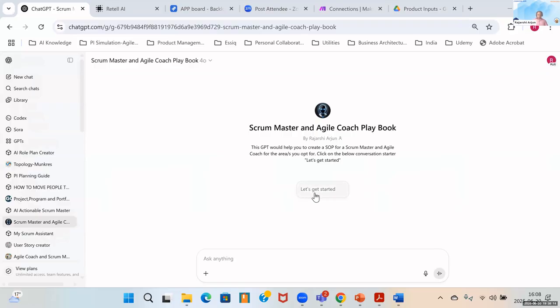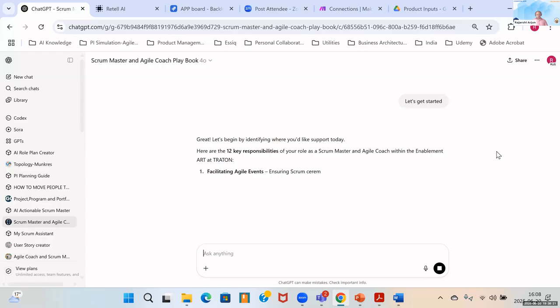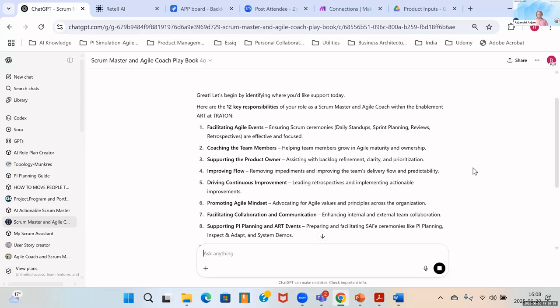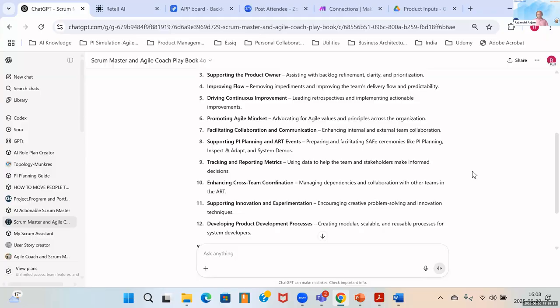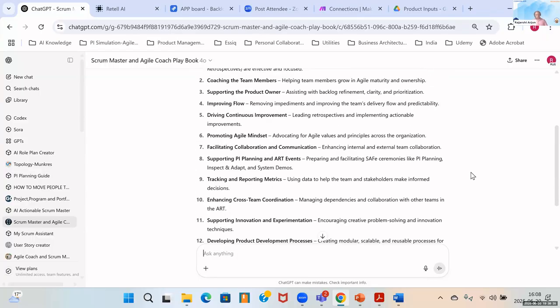It starts off with a very simple conversational starter. You need to click on let's get started, and it's going to basically give you around 10 or 12 responsibilities that what you as an agile coach or a scrum master are expected to do. So it's going to give you a list of your responsibilities.